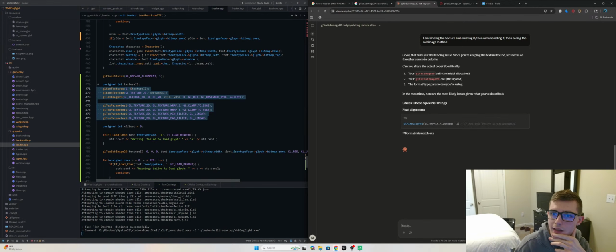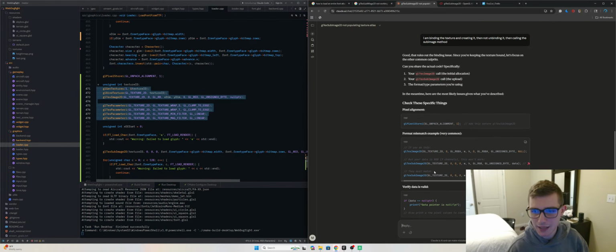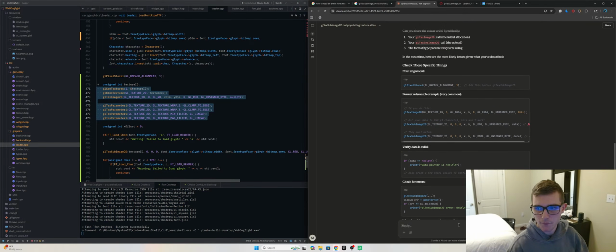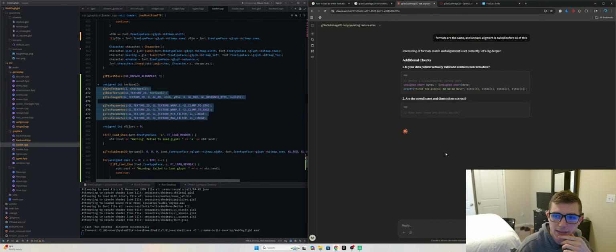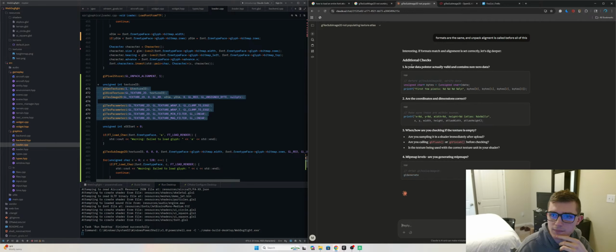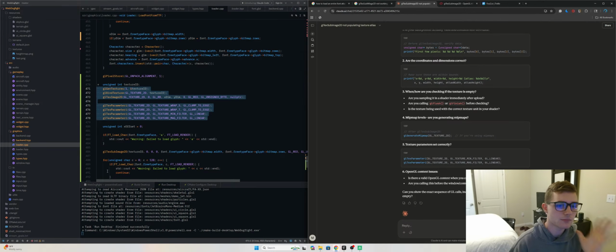Good. That rules out the binding issue. So that's not what could be the problem. Yeah, I got that. Formats are the same, and unpack alignment is called before all of this. I think the issue is with binding. Okay. So at this point, it's just suggesting generic tests. All right,